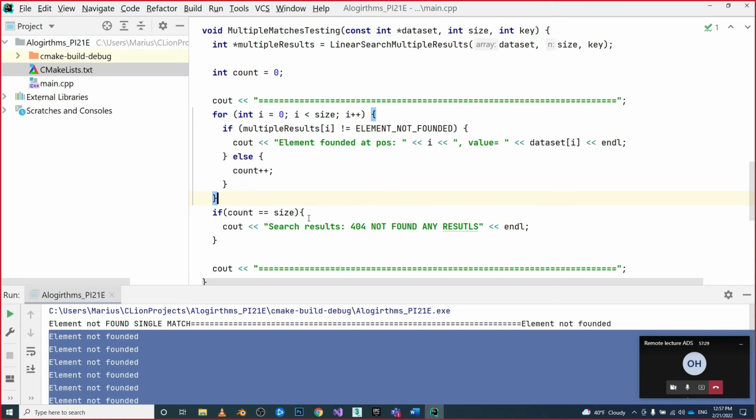Basically, we check if count equals size, because we are counting, we are getting -1, and when we got all elements as -1, then we say that,